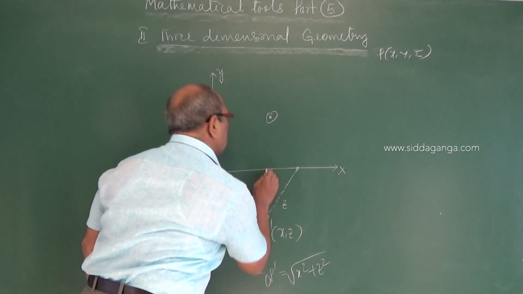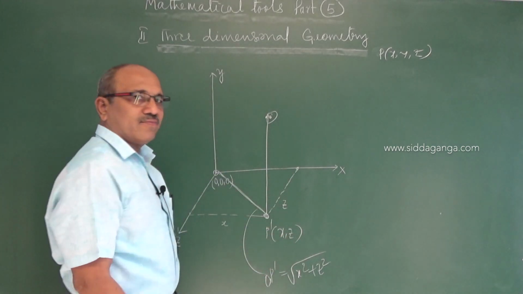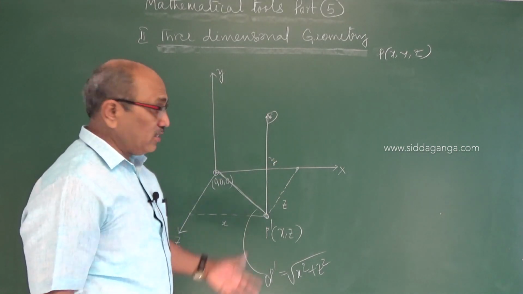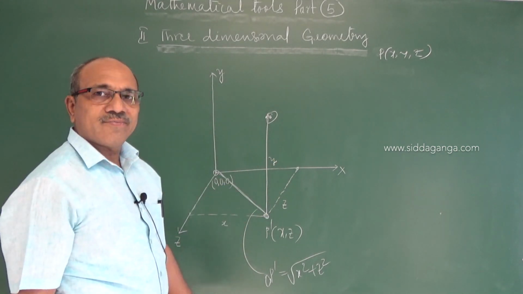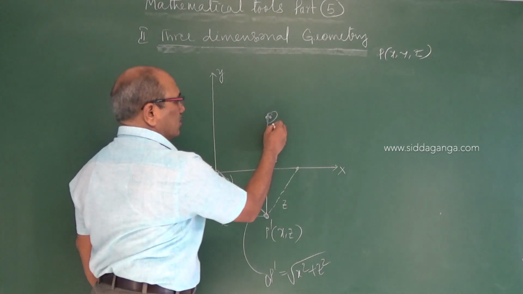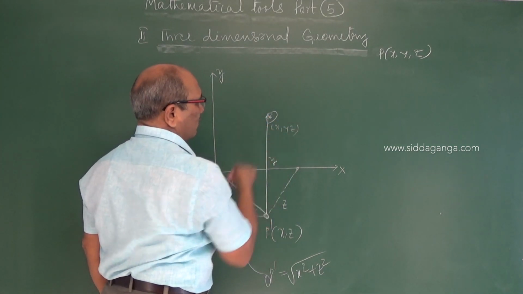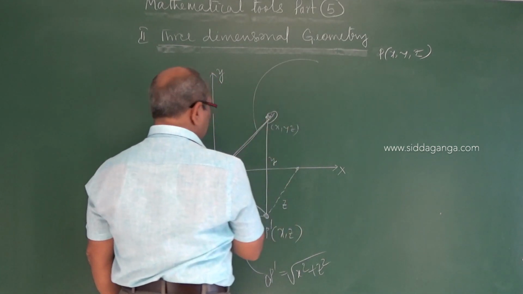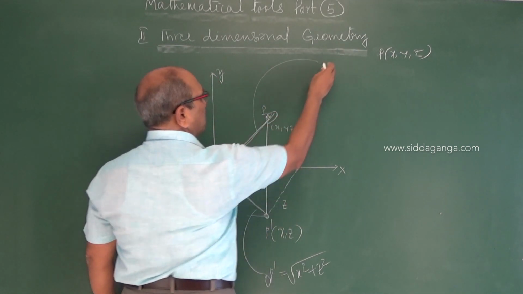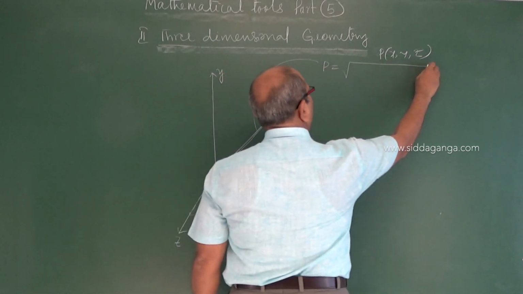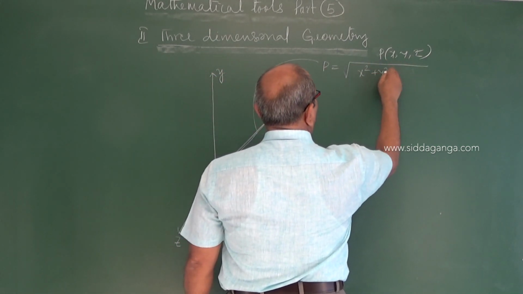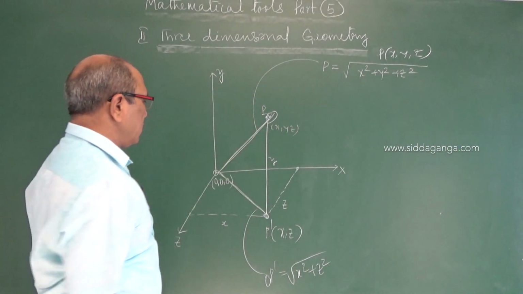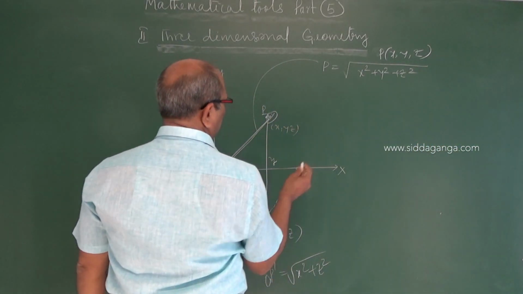Now I had to rise to this point. This is the y coordinate. My job is over to locate that one. If I say this is x, y, z, this is the line segment joining with O. If it is the point P, then the length of this line segment is root of x square plus y square plus z square. But I can show how this appears.